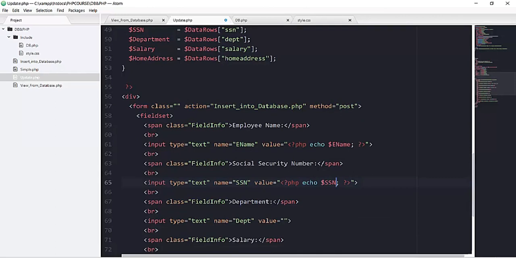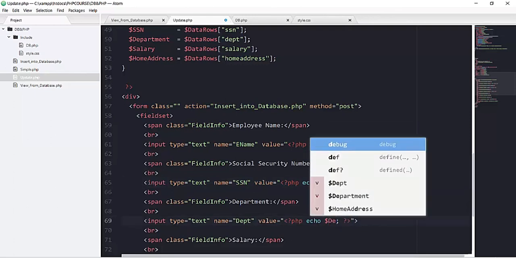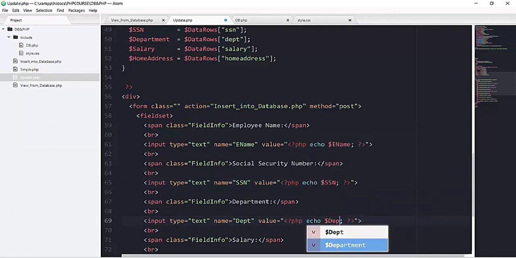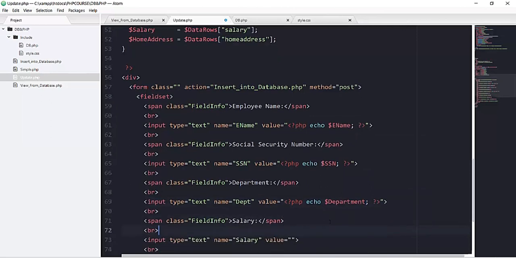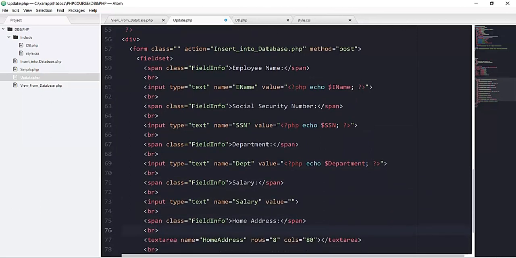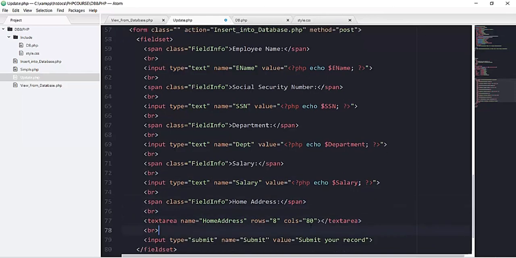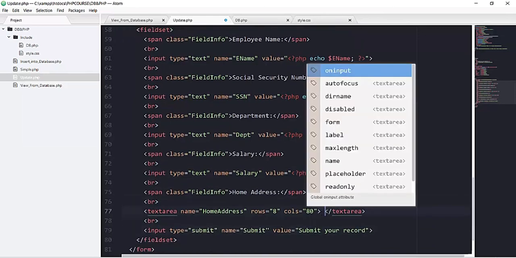Putting SSN here, then putting our variable of department here, then putting in the salary field our variable of salary here, then putting our variable of home address inside the text area.